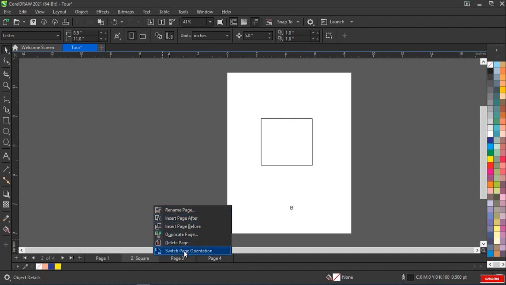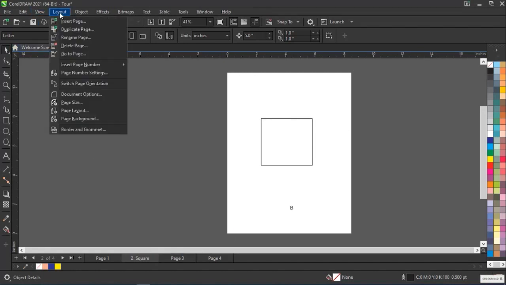Okay, so I believe with this we know everything on our page layout and how we can set our page and make it the way we want it. So let's go on and make sure that our page is set to the thing we want to design before making any design. So in our next video lecture we are going to continue with the tools and how to work with them. So thank you very much and see you in